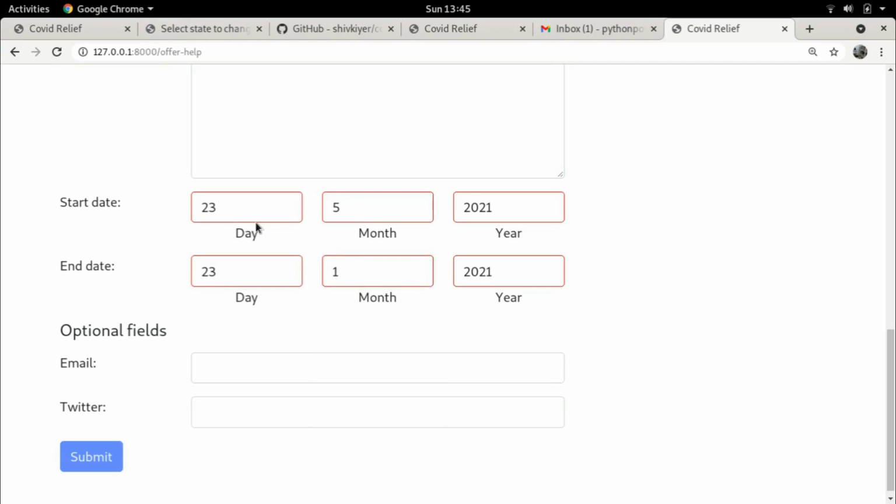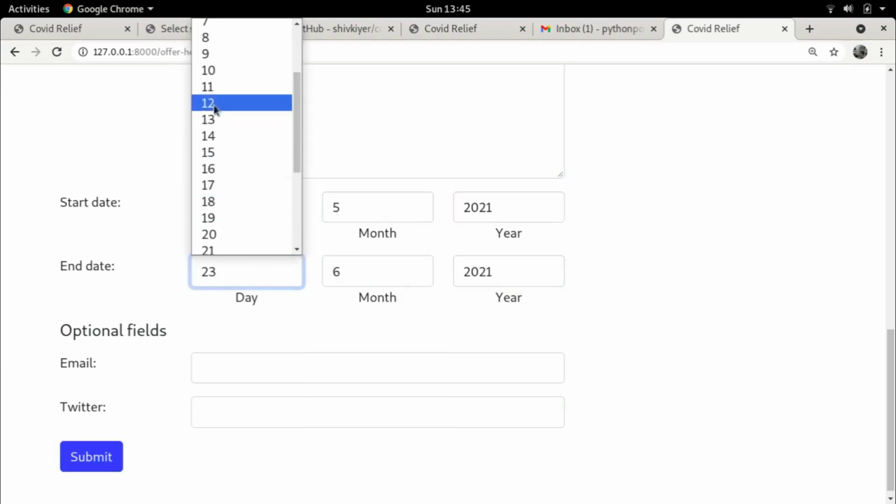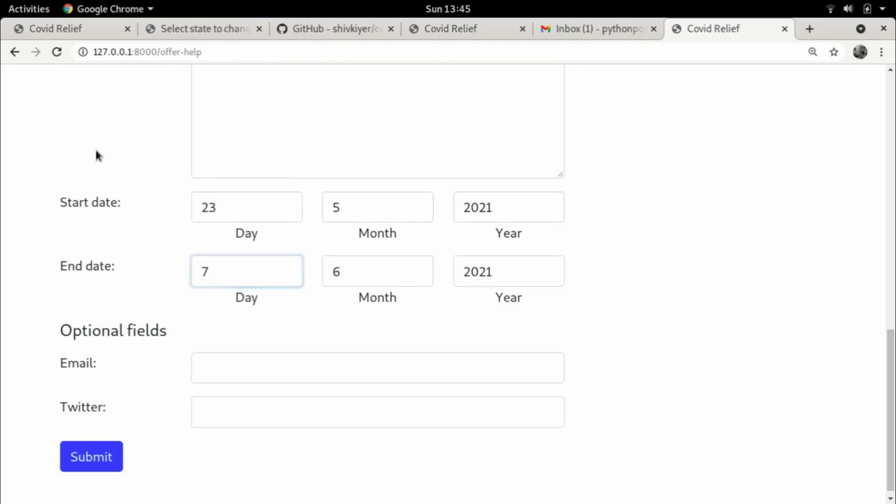Now this error is because the end date is before the start date, so you must correct this. Let's say this is until the first week of June. So for 2 weeks, you are offering this help to anybody who is stuck at home, quarantined, offering cooked